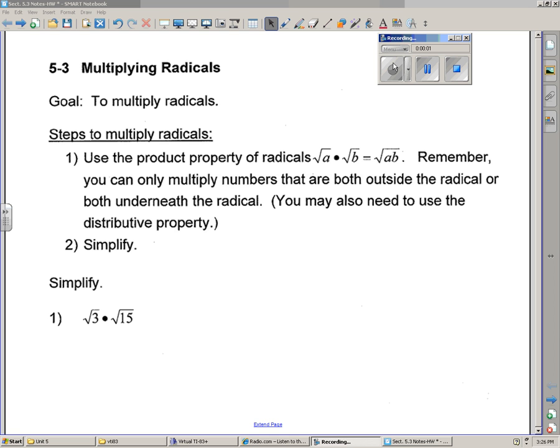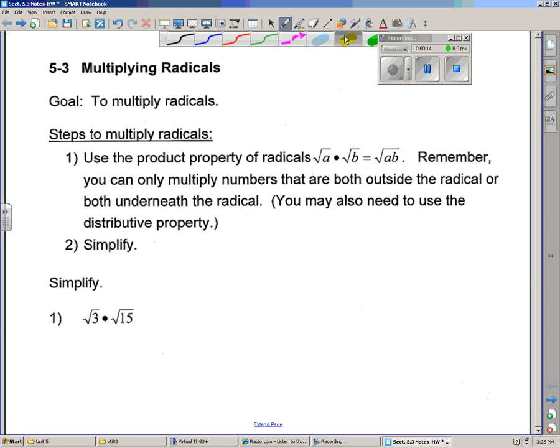Okay, so for today's lesson, we're going to multiply radicals, and we're going to use the product property kind of backwards. Normally, when we had one big radical, we could separate it into two separate radicals using multiplication, but now we're going to go the other way. If we've got two radicals being multiplied together, we can multiply both those numbers and put them under one